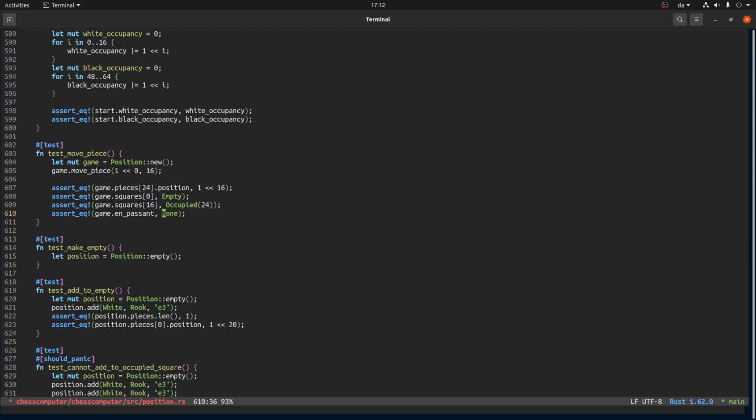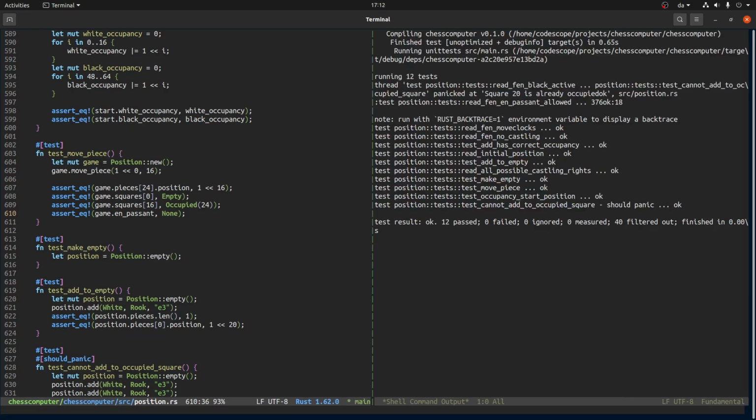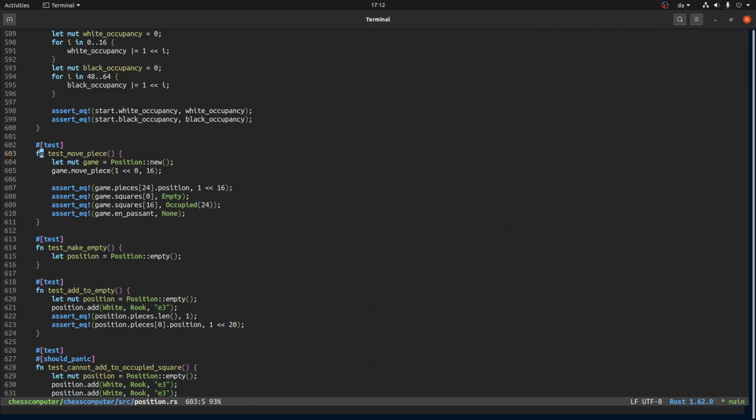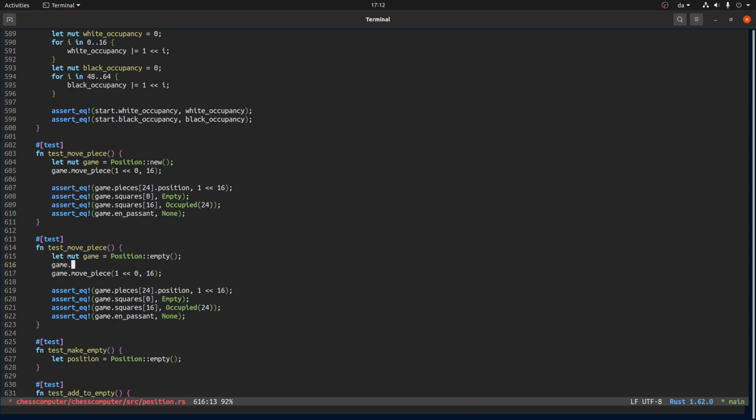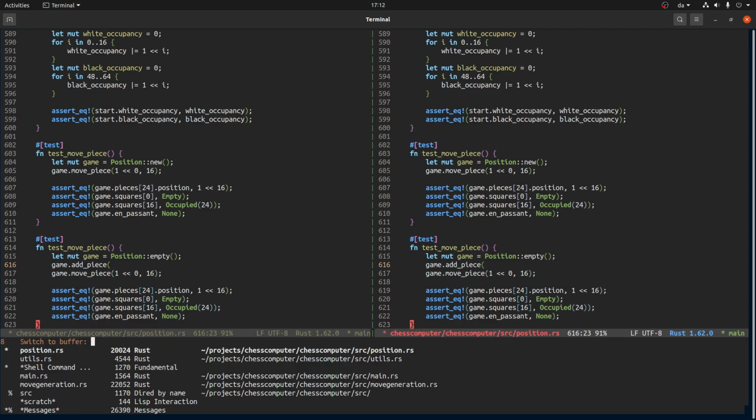Wait, like that. Okay. Let's also make a position where it actually has to set the ampersand